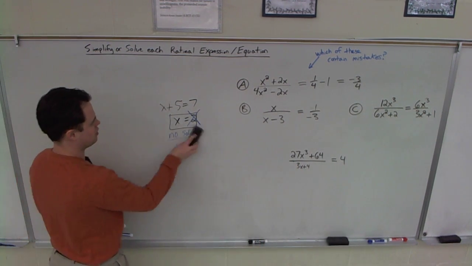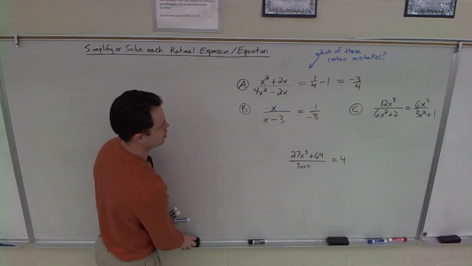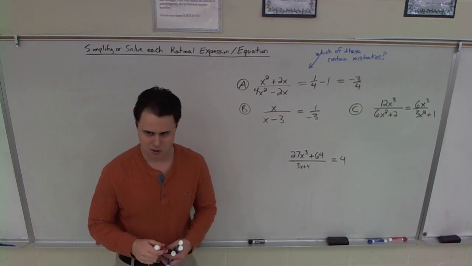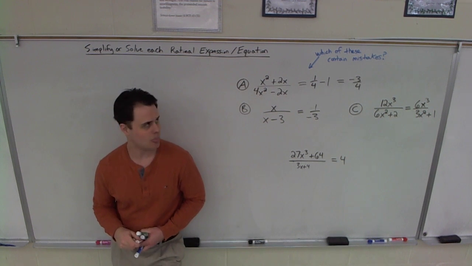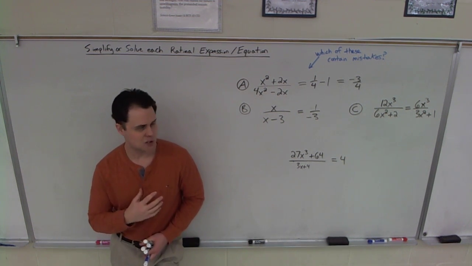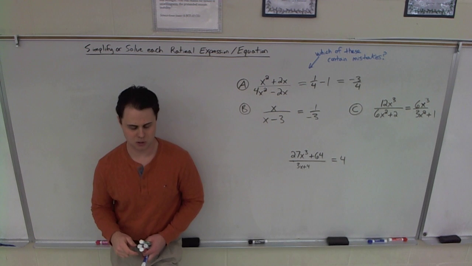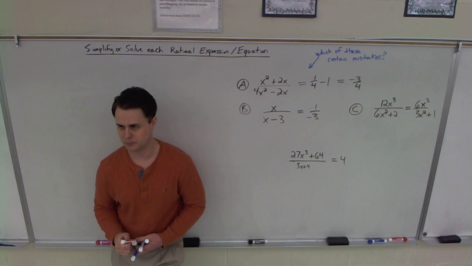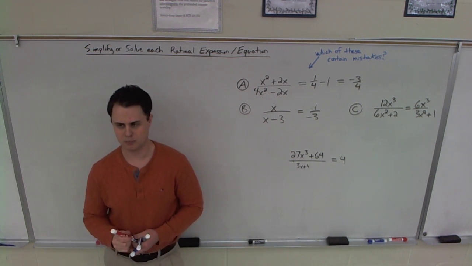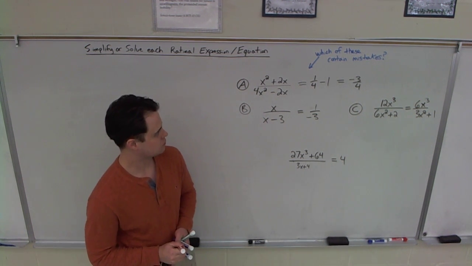Oh, wait, I think we'll do another equation in a sec. I've got one ready to go here. I wanted to ask you guys about this. This is having to do with the algebraic mistakes of infamy. At least one of those contains mistakes. You guys tell me what's good or what's bad about them. There's 3 different ones, right? Anna, you see something? On A, you